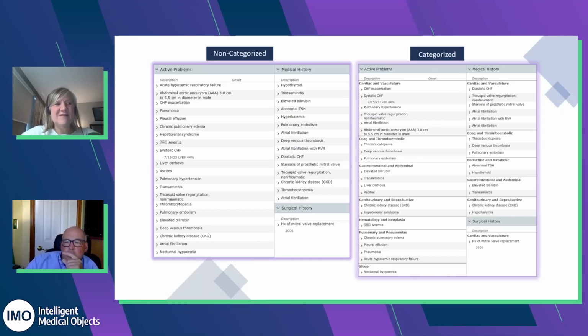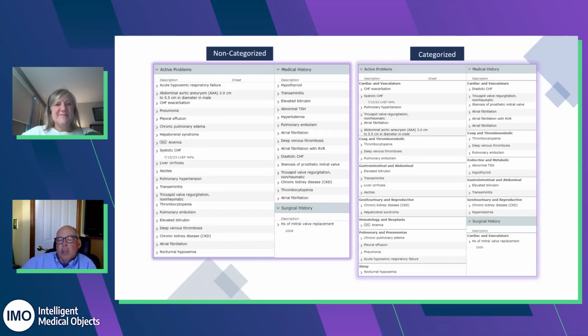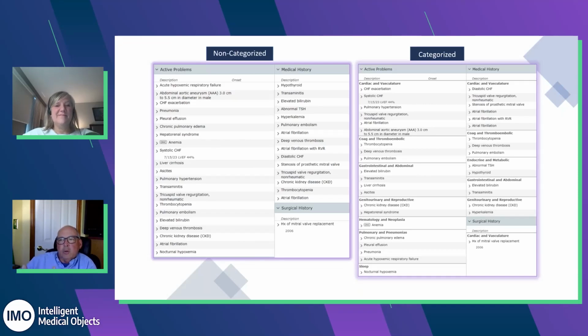One of our commonest questions is, what categories did you create and what did you decide should go where? We looked at millions of problems, probably 100 million or so real world problems, to decide what categories to create. The categories that you'll see should be all of the ordinary kind of physiologic systems categories that we typically associate with clinicians focusing on different areas, you know, pulmonary and eye and so on.